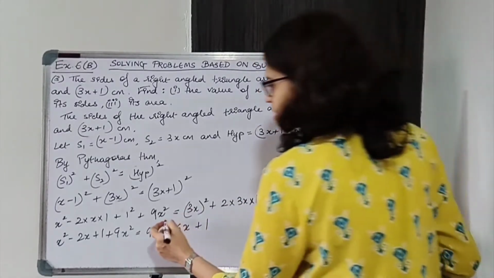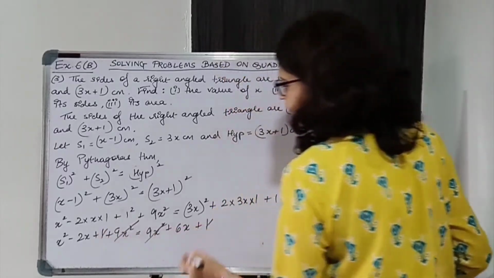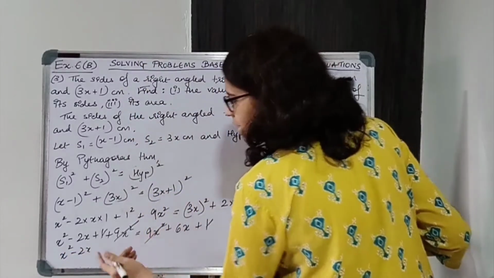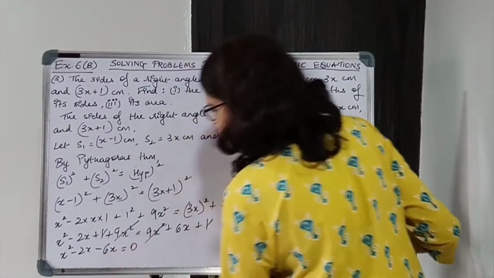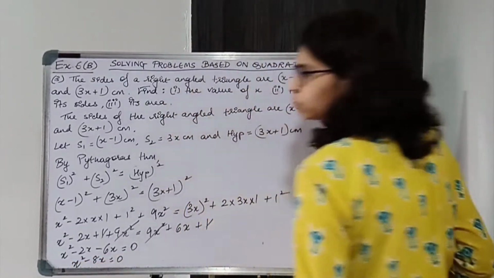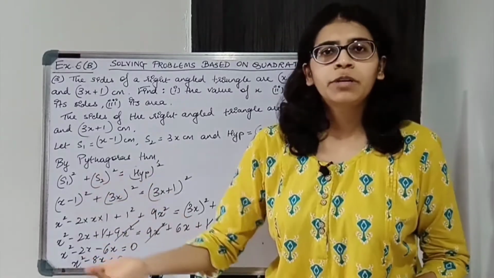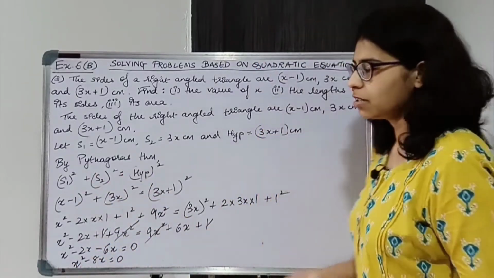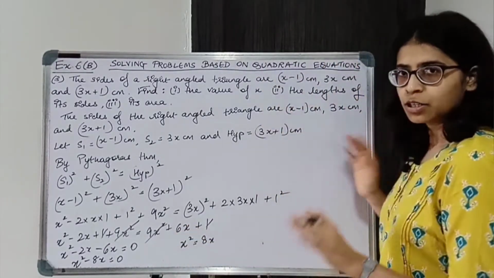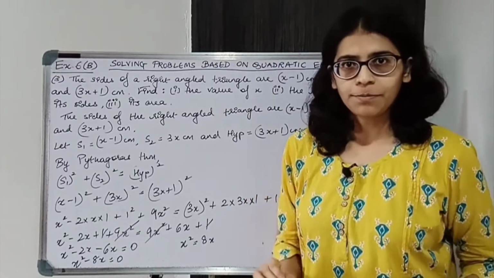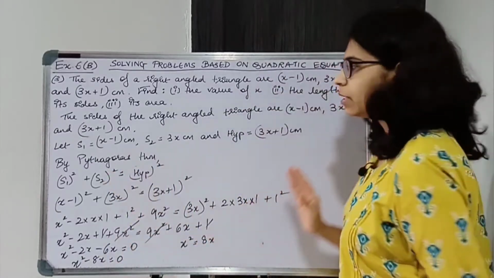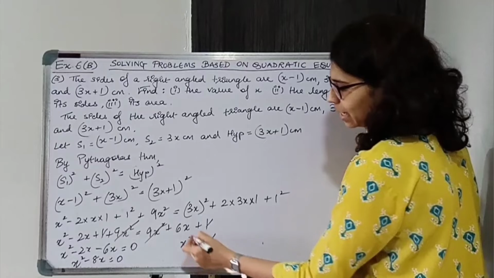Okay, 9x square will get cancelled, 1 will get cancelled, so we are left with x square minus 2x, and 6x will shift on the other side, equal to 0. So we'll get x square minus 8x is equal to 0. This one is even easier, we don't need to split the middle term, we just take x common from this. Okay, don't take it like this, x square is equal to 8x, and cancel x. Don't do that, that is wrong. Okay, so you will keep 8x in LHS and take x common. Okay, this is not how you solve a quadratic equation, you cannot cancel like this.